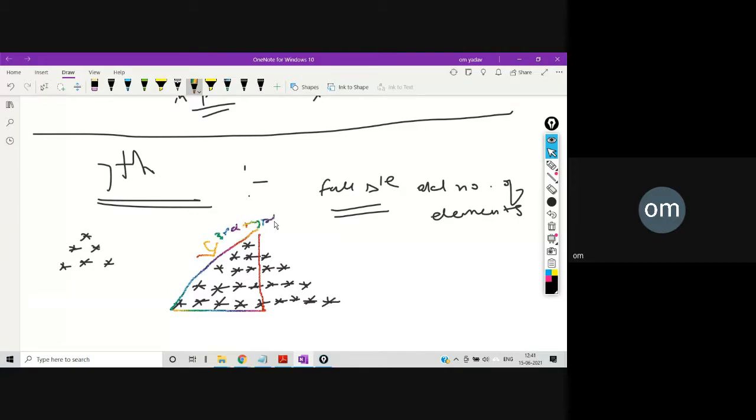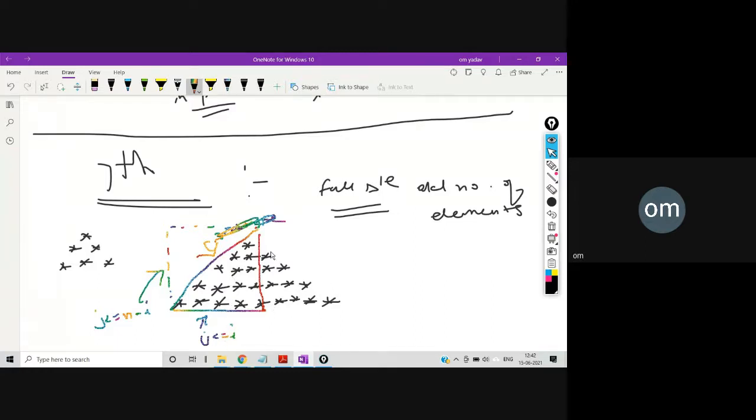Suppose I'm telling you to print this particular triangle. This is 1 star, 2 stars, 3 stars, 4 stars. So this will be our j less than equal to I. Now before this there is a space, and we know how to get this. This space is j less than equal to n minus I. So first for loop we will write for this one, j less than equal to n minus I. Second for loop we will write for this particular triangle, which is j less than equal to I.